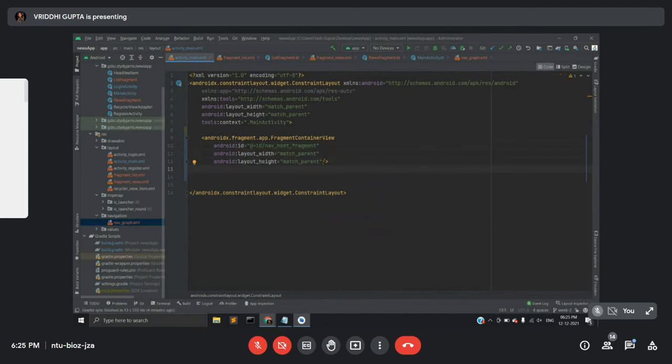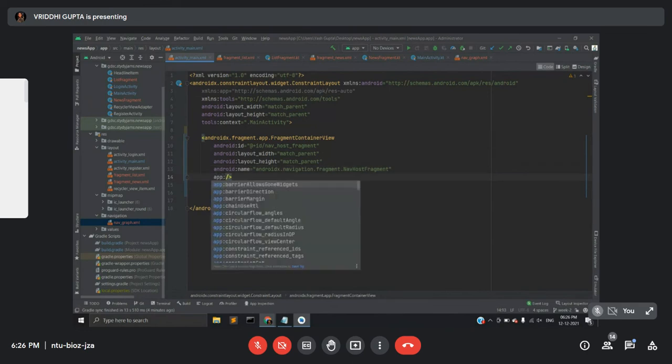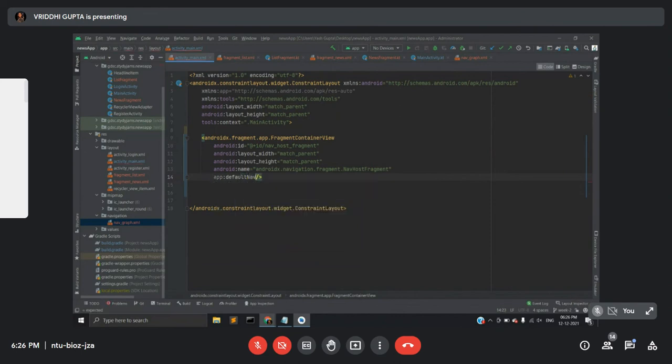And now let's give this a name: androidx.navigation.fragment.NavHostFragment. Okay. And we will set one more thing over here, that is defaultNavHost, set to true.